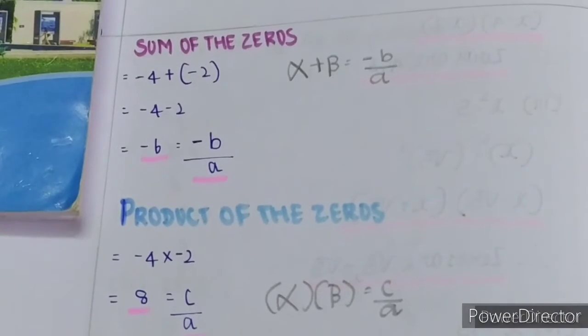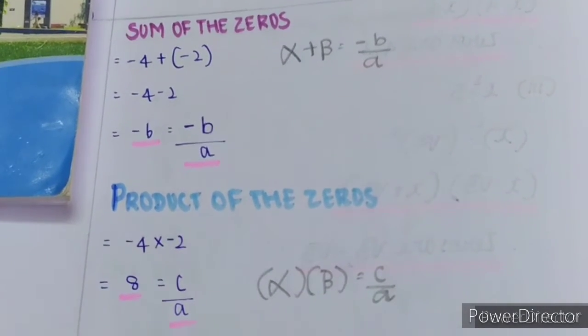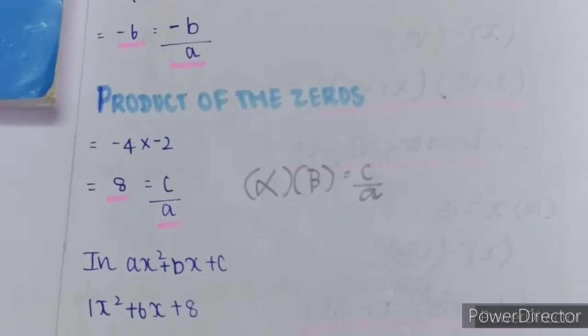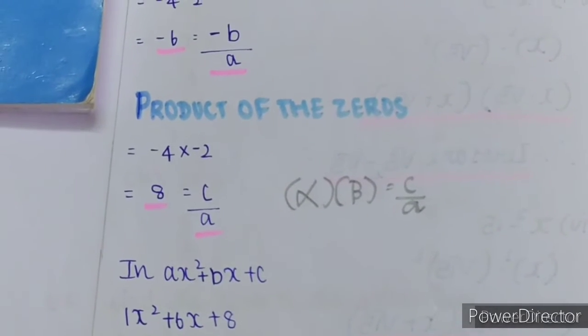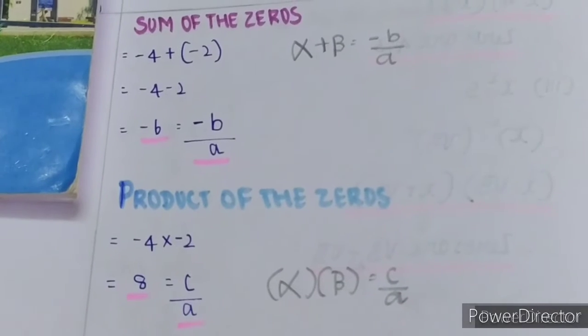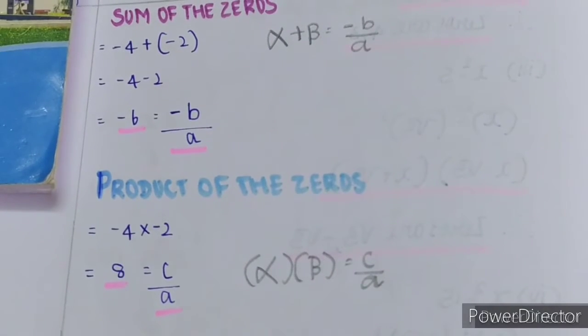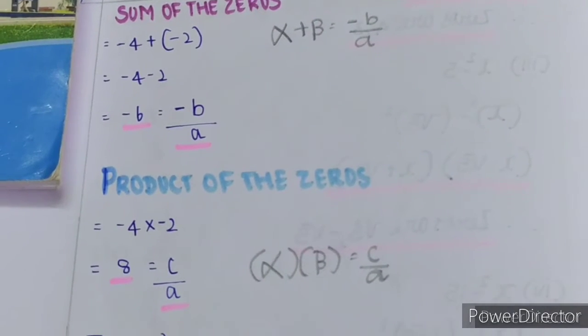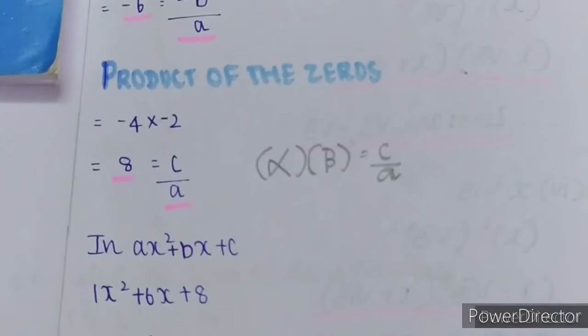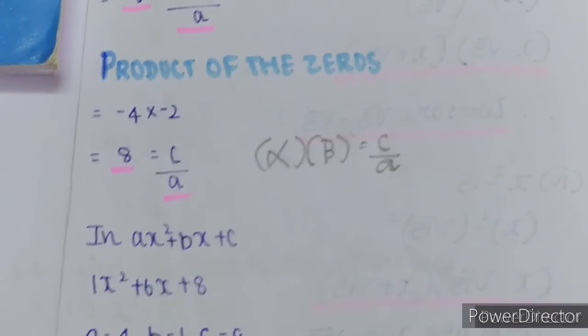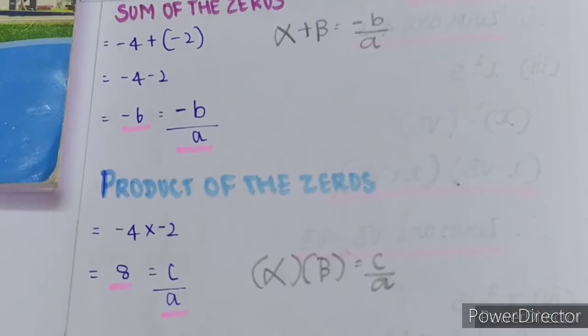So the method to solve these types of questions is like this. Whenever you are asked to find the zeros and verify the relationship between the zeros and the coefficients, the method to solve and the two important formulas are: alpha plus beta is equal to minus b by a, and alpha beta is equal to c by a, and also the format ax square plus bx plus c is equal to 0.